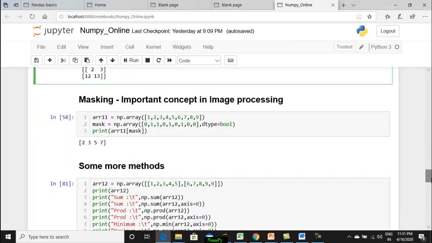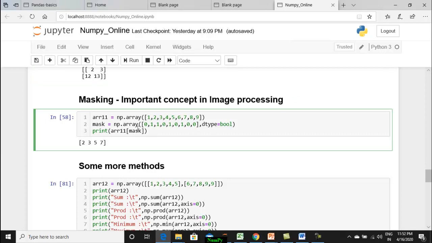Okay. So this concept will normally be used in image processing, which is nothing but masking, right? If you want to hide certain elements and display only a few elements, you can create a mask. Suppose here if you take this np.array, I have created an array containing elements 1 to 9, and I am going to display only the prime numbers, right? So if you put 0, that element will be discarded and the elements with 1 alone will be retained in the array. So I'm creating a mask. If you apply the mask over that, you can see only the prime numbers get printed. Okay. And all the scalar operations are possible.